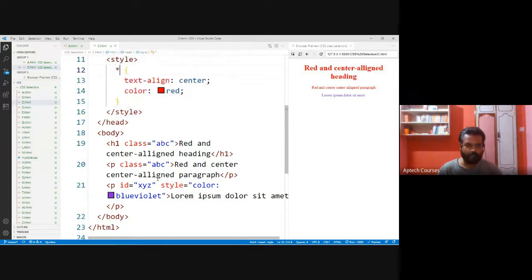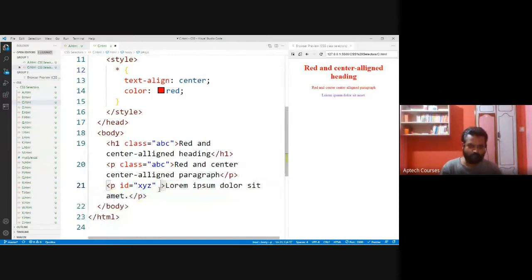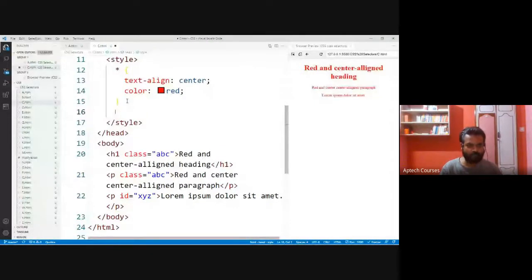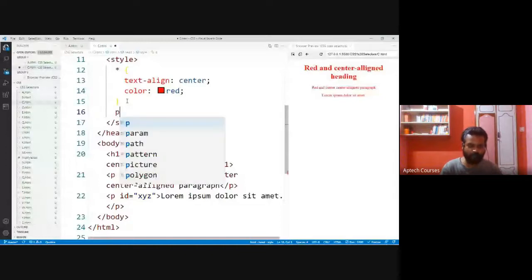Fine. Let's go for internal CSS. Let me delete this. The most powerful one is inline CSS. That will be overriding everything, even though you have internal or universal. Let me give the internal CSS. For example, paragraph.